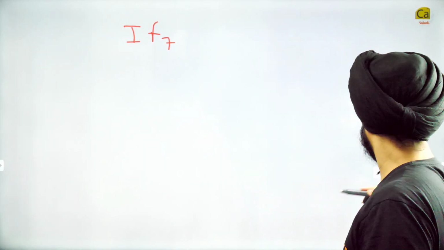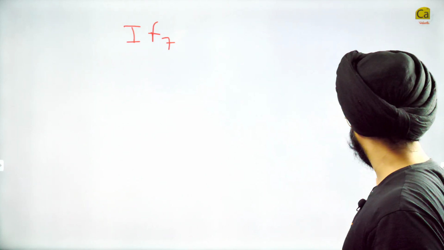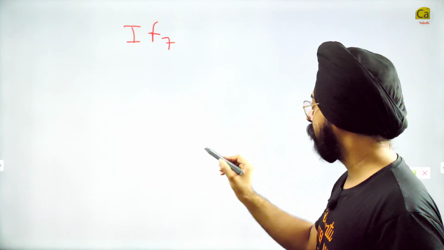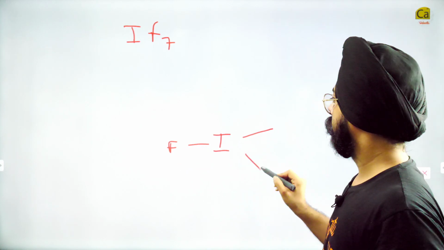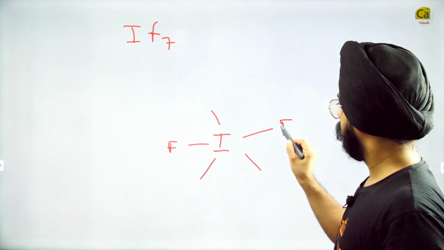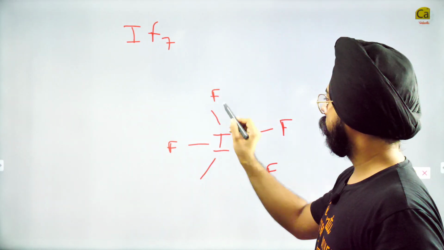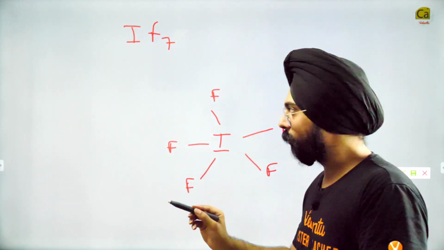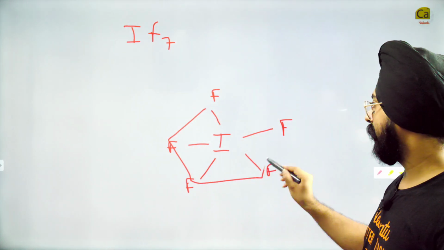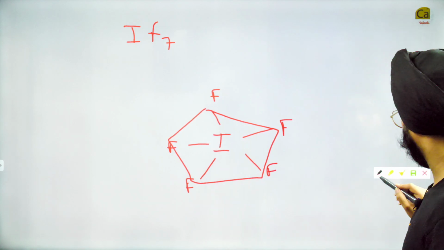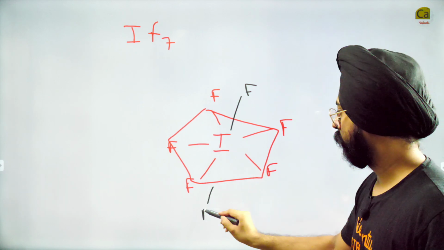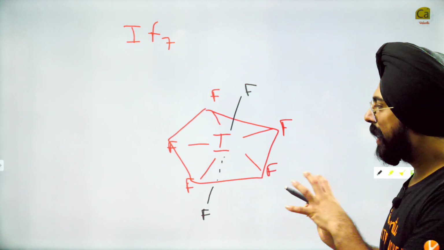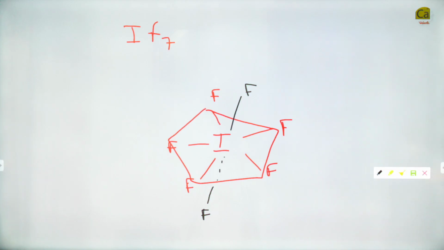I'll try to make it once again, and I'll show you the image of a pentagonal bipyramidal as well. Don't worry. Fluorine. All the fluorines, these are the equatorial fluorines. As you can see, there is a pentagon that we can form over here, and then 2 of the fluorines are on the axis. Pentagonal bipyramidal. Let me just try to show you an image of a pentagonal bipyramidal system. Just one moment.